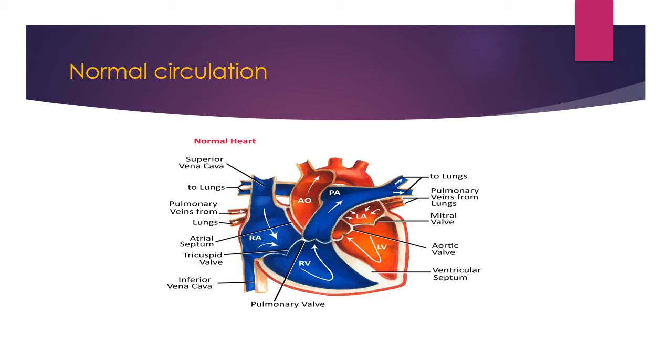So there are four heart valves. These ensure the unidirectional flow of blood, meaning the blood flows in the correct direction. There are two atrioventricular valves, also known as the AV valves. They connect the atria to the corresponding ventricles. The right one is the tricuspid valve. Why is it named tricuspid? Because it has three flaps. And the left one is the mitral valve, also known as the bicuspid valve. Bicuspid, bi means two, so it has two flaps.